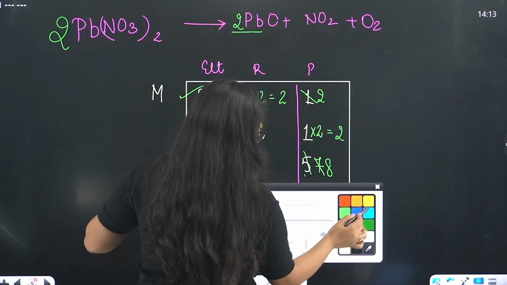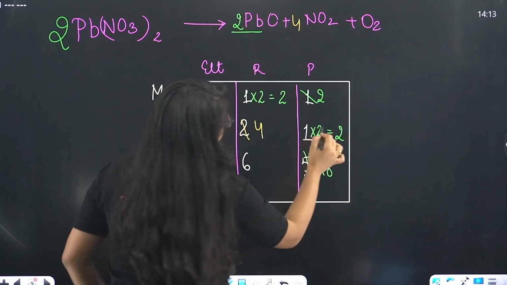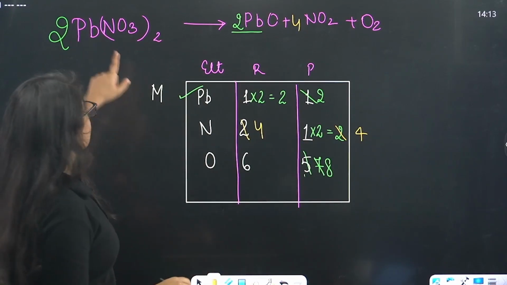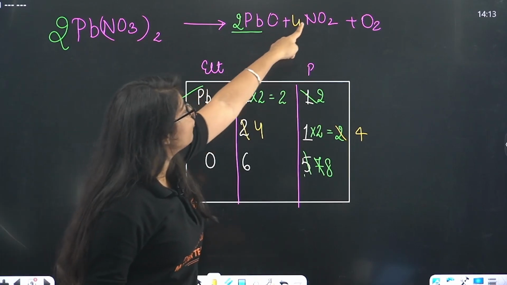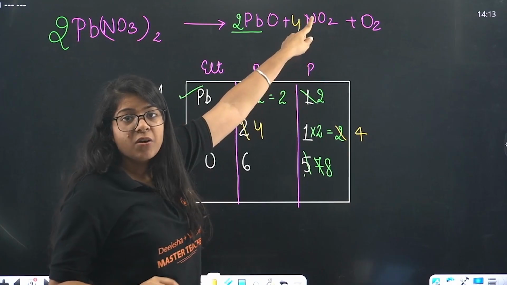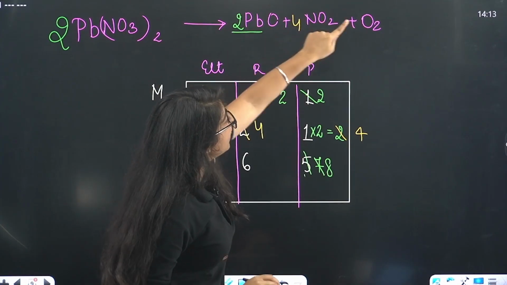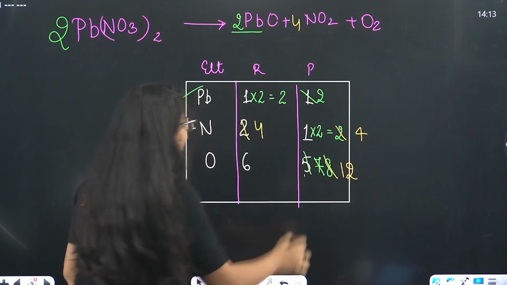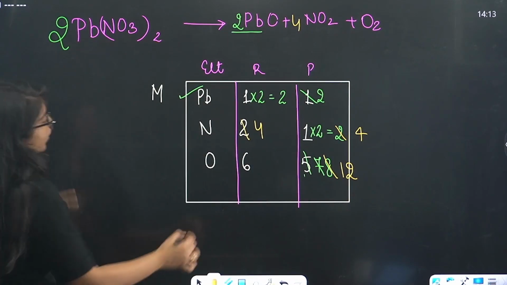Plus, we have to multiply this nitrogen with 4. Now, see, nitrogen is 4 here and here also nitrogen is 4. Not 2 now. Nitrogen is 4. So, 2 nitrogen into 2, 4. And we have 4 nitrogen. How many oxygens? Now, oxygen also changed, right? Number of oxygen also changed. So, 2 plus 4 into 2, 8, 10 plus 2, 12. So, it got 12. And here also we didn't change, but 3 into 2 is 6 into 2. It is 12.